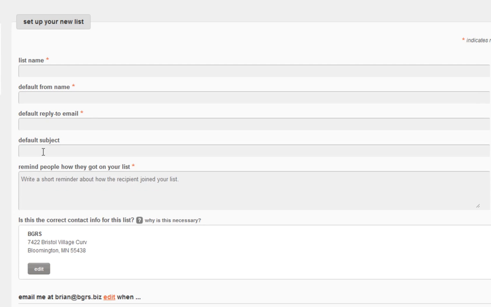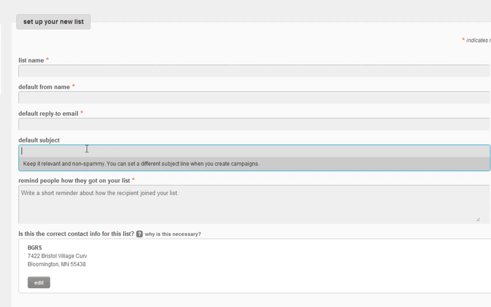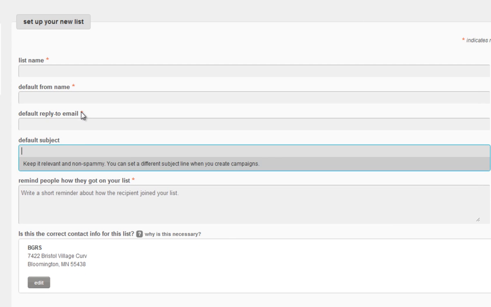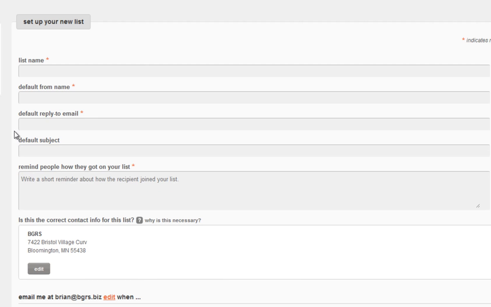A default subject. Now every time you send out an email, you can have its own custom subject, so you don't really have to put anything in here. It's not a starred field. But if you want to have a default subject, you could put it there. That would just maybe save some time if you have a complex subject format, and every time you just want to edit a few words or something. So that's what that field's all about. And then you have